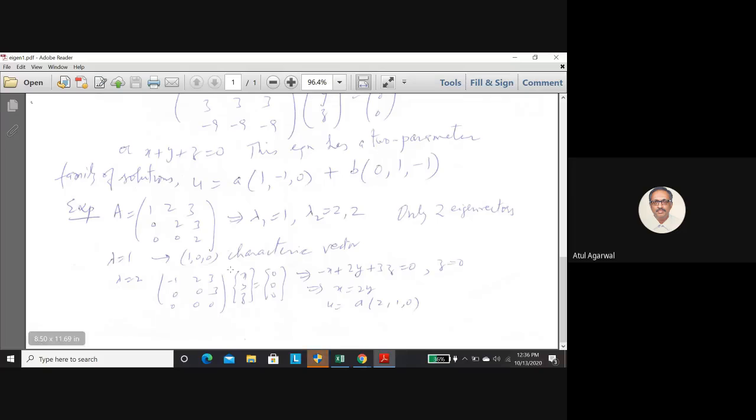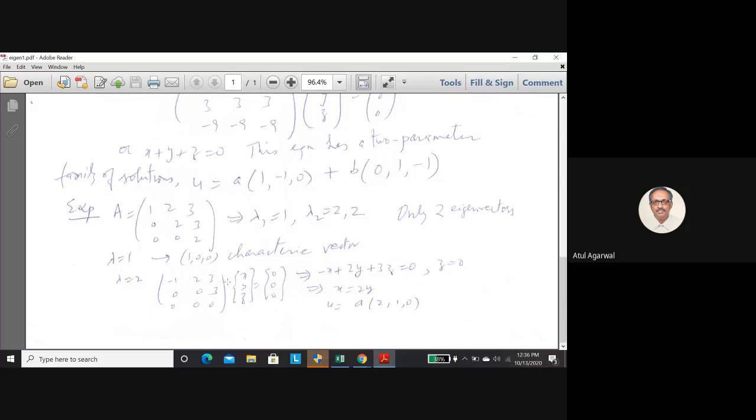Now you see what equations are generated. Look at the bottom row. It is not giving you any equation. 0 is equal to 0. 0 into x plus 0 into y plus 0 into z is equal to 0. So basically 0 is equal to 0. That equation is not giving you any information on x, y, z. Look at the second equation. 0x plus 0y plus 3z is equal to 0. So it means 3z is equal to 0, which means z is equal to 0. So you come to know that z has a 0 value.